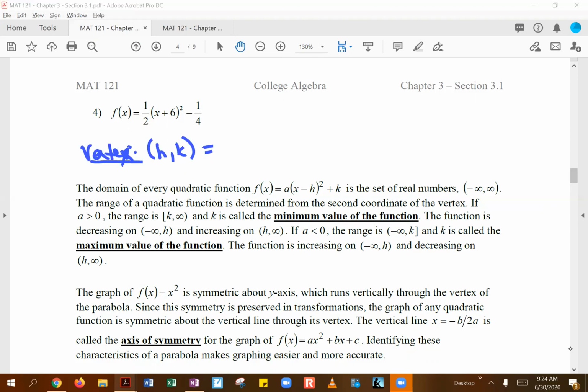Okay, Clinton, you've got -6 and -1/4. Okay, very good. So again, remember by default,